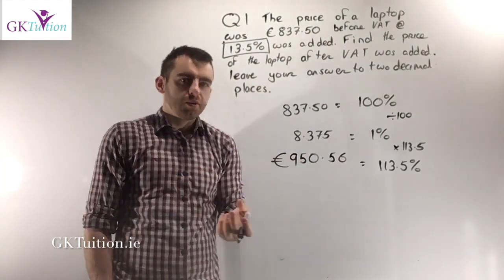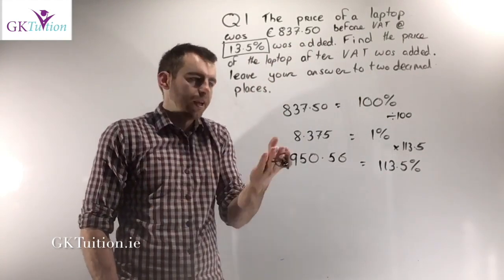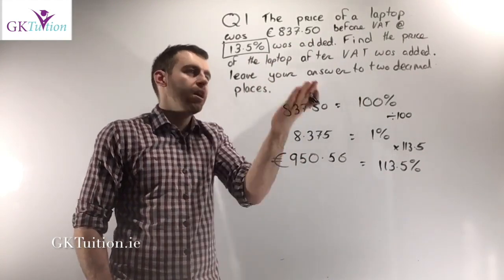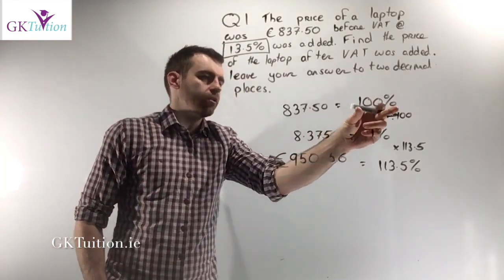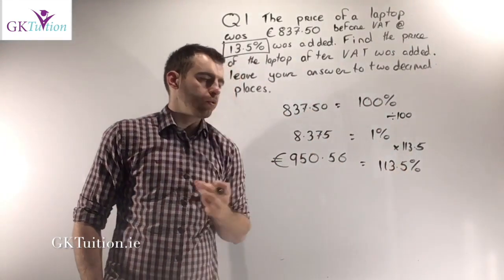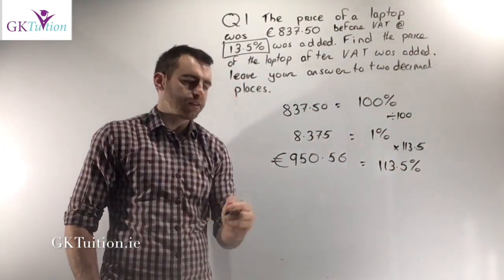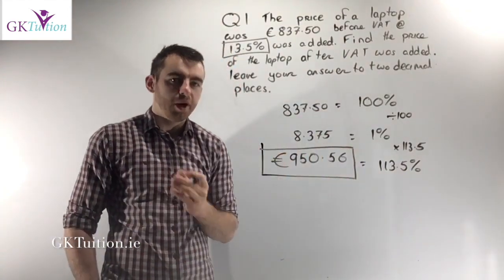However, because we're living in Ireland, everything you buy, you have to pay tax on it. And you have to pay tax in order to be part of this society. So we have to add an extra 13.5% tax. So they told me 100% of the price of the laptop. My answer, what I was looking for, was 113.5% of the price of the laptop. The amount of money you would actually have to pay if you walked into the shop to buy this laptop